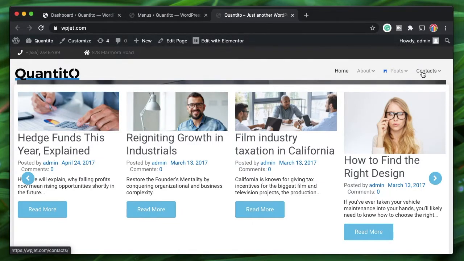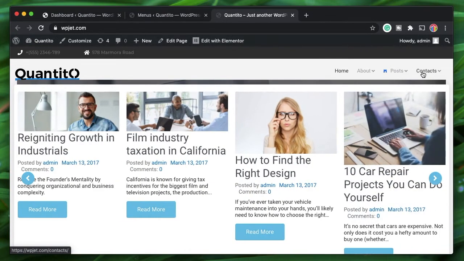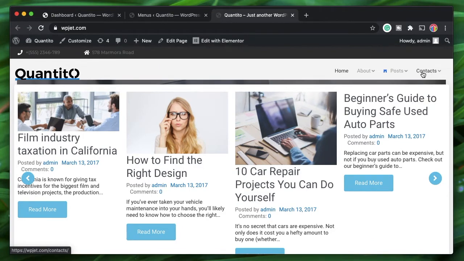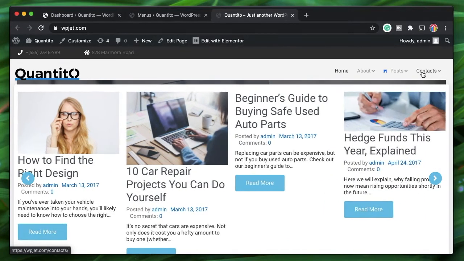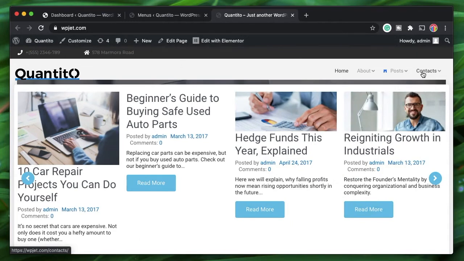Now the content within each of these can be anything, so you can build anything that you want using the visual Elementor interface. So you're only limited by your imagination. Let's see how the Jet Menu plugin of the CrocBlock package works and how you can build interesting and awesome mega menus in WordPress using Jet Menu for Elementor.